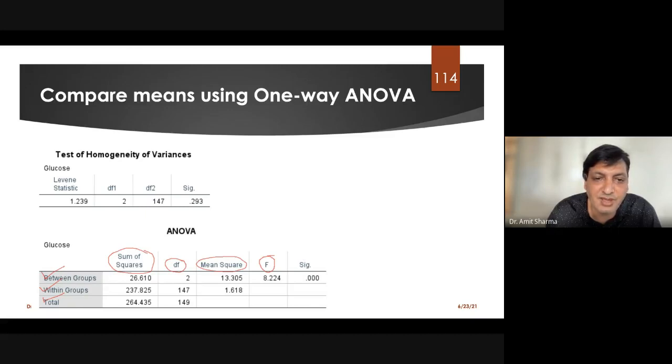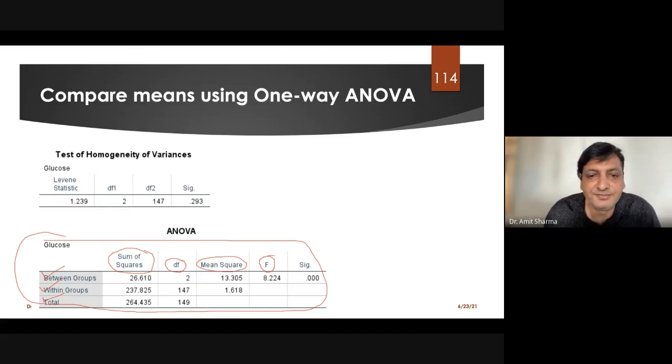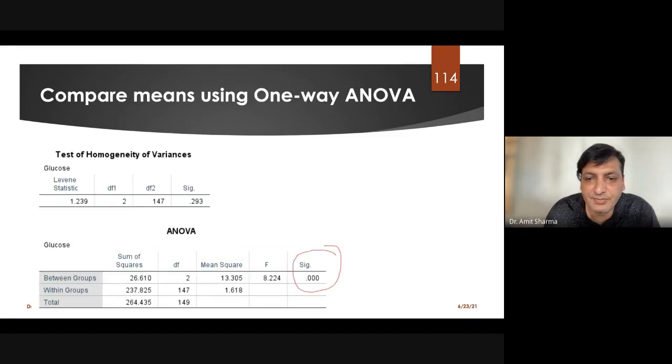So you can see that in the final ANOVA table, we are getting all those values which we have done in the manual calculation. Now from this one, what we have to see, we are not bothered here about the F value because we don't have any value to compare. Directly we look for the significant value.